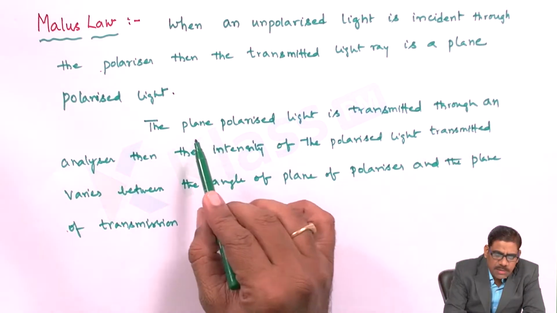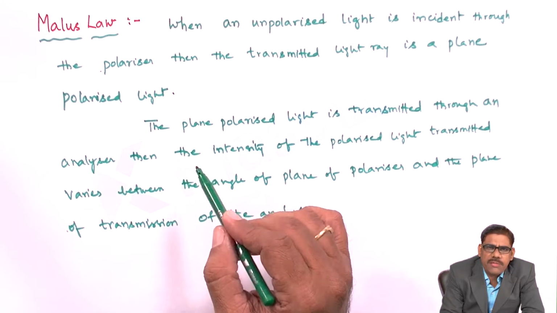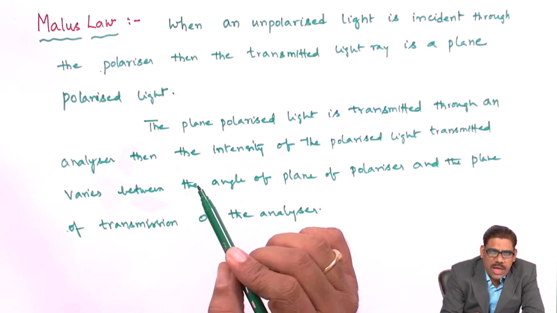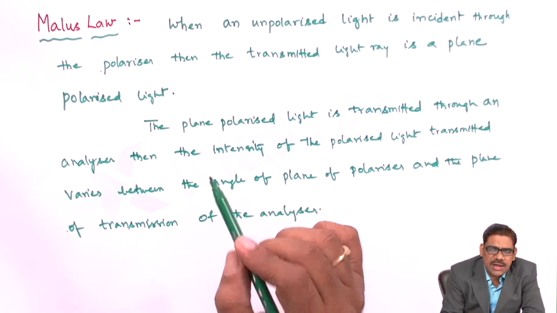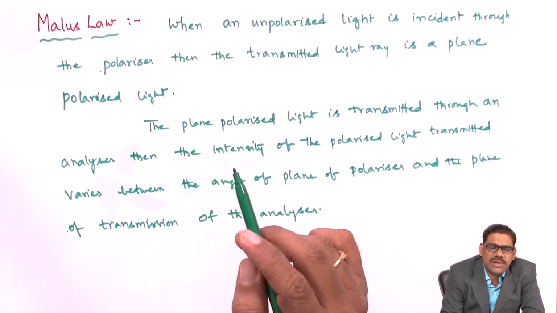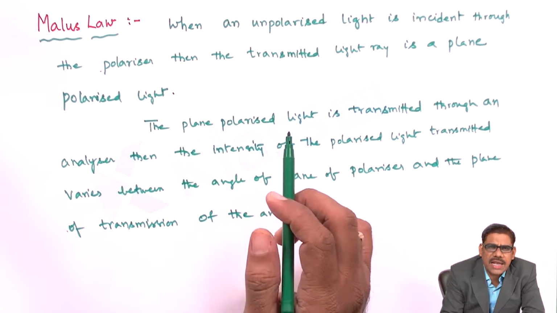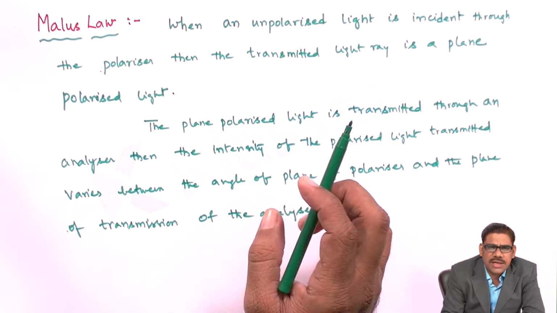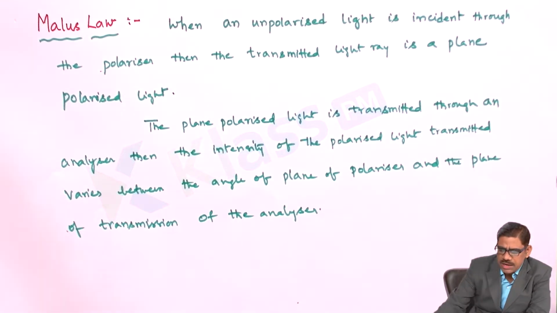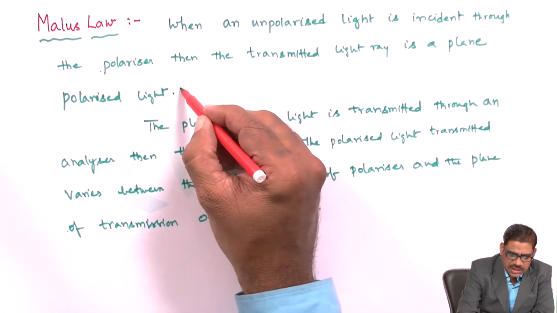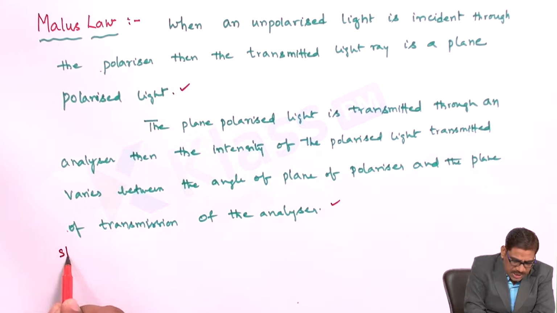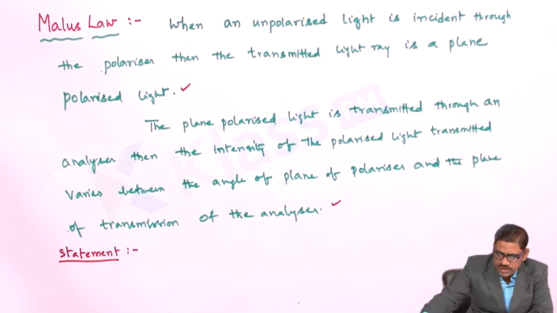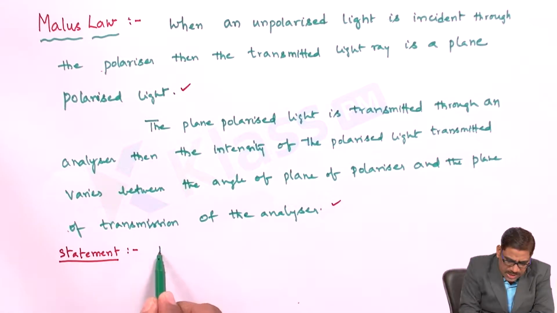Therefore, the second part of that: when a plane polarized light is incident on the plane of transmission of an analyzer, then the intensity of the polarized light varies as the cosine of the angle between the plane of transmission of the analyzer and the plane of polarizer. So that is the statement according to Malus law. After considering these facts, we will write the simplified statement. According to this, we say that Malus law states that